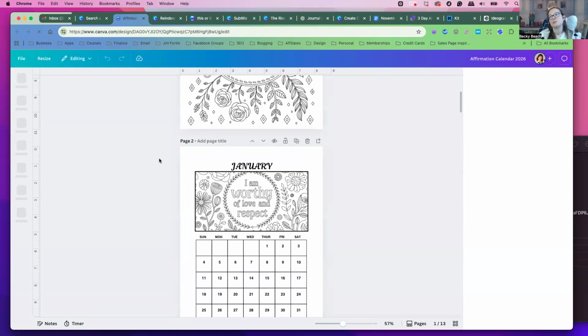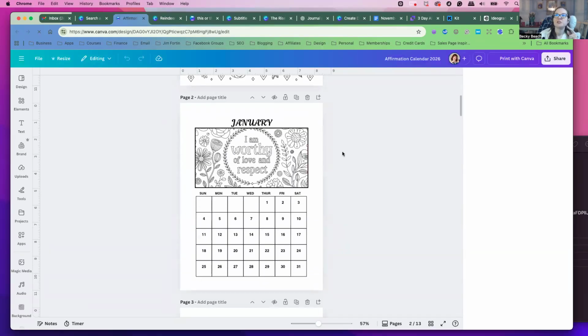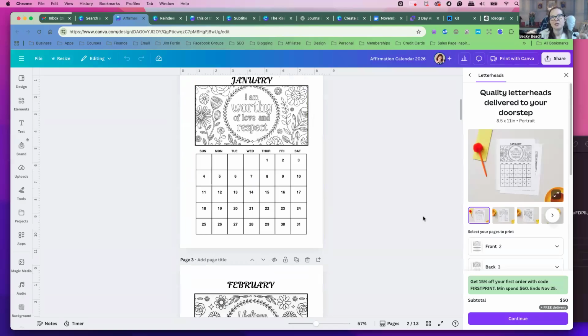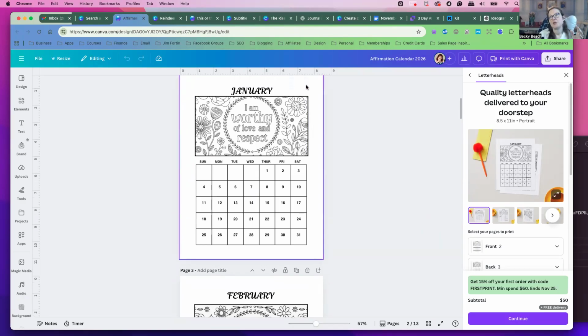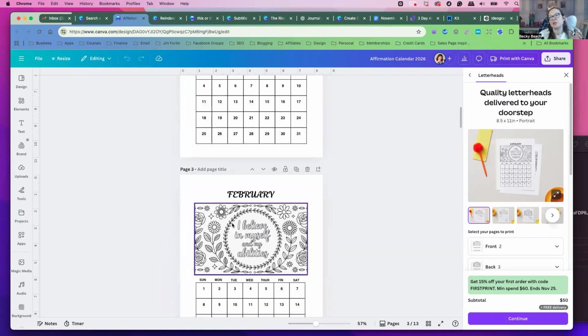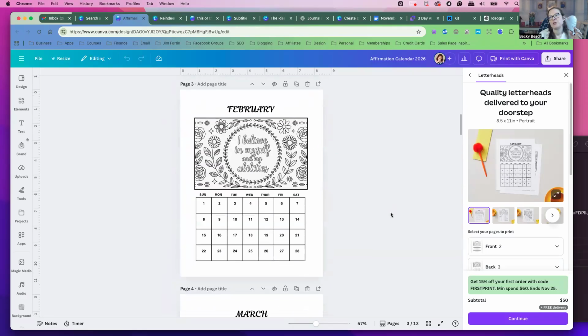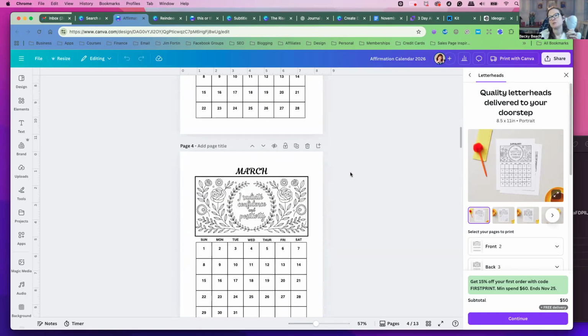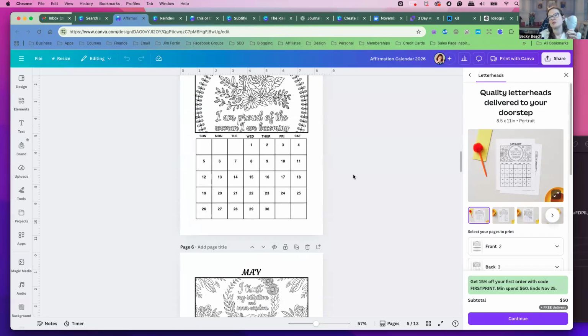Isn't it cute? Of January, and they could print this out and then fold it, and then stick it on the wall. And they could also bind it. They can bind it with a stapler, or even just put a staple at the top, and then each day they could, or even hole punch and then put ribbons through the holes, and they can just turn each day of the month and just look at these different ones. They could color it too, so they can take it down and color it. It's a really good product. Isn't that cute?